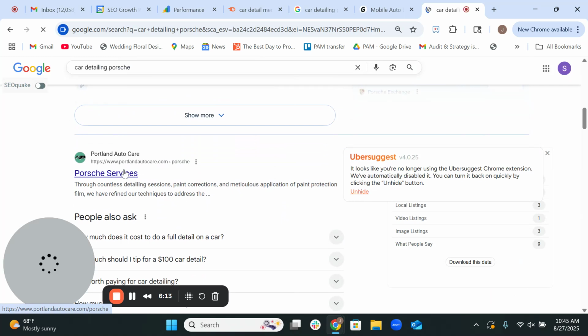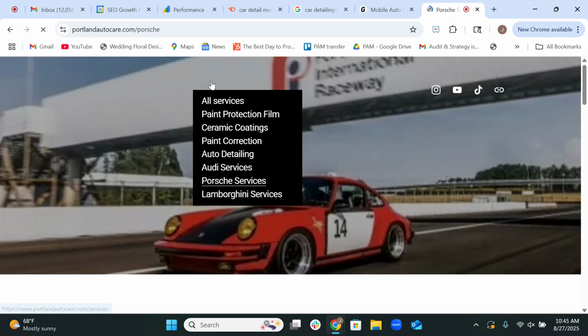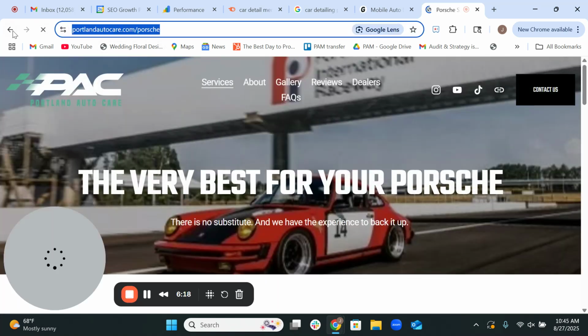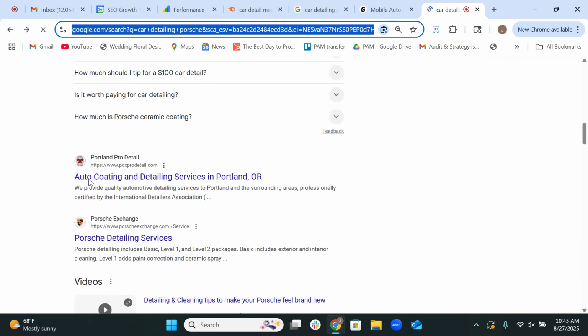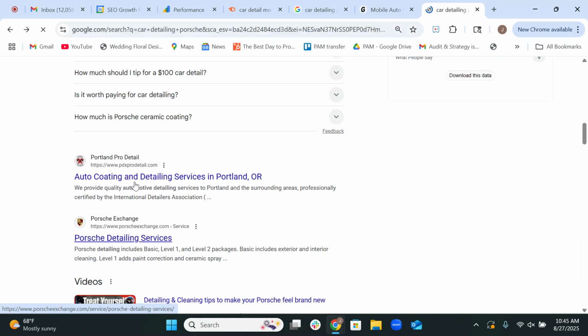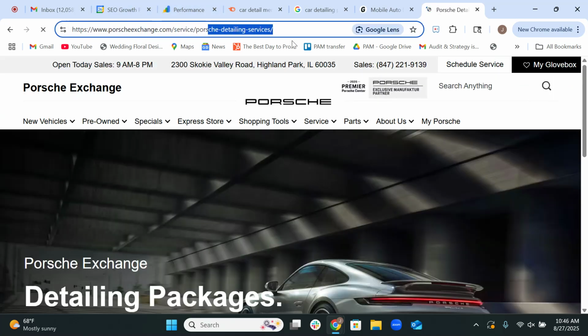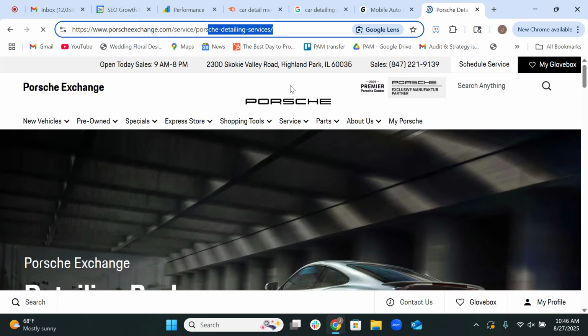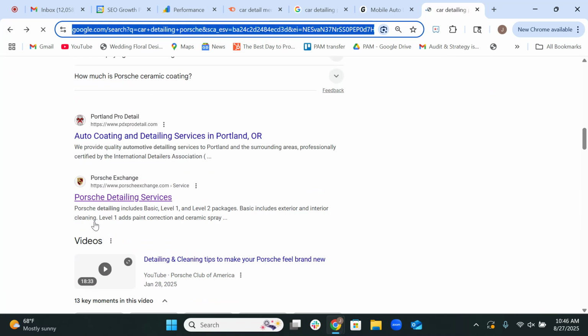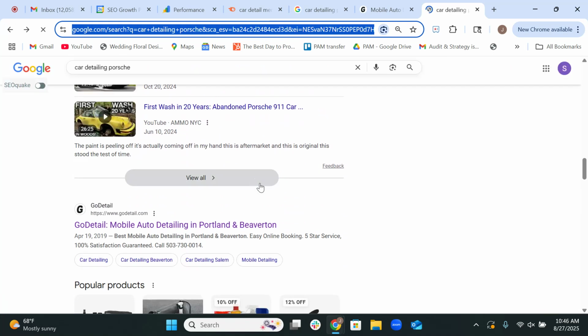Okay, Portland Auto Care Porsche. Look at this. So they have a Porsche specific landing page on their website. Their homepage is ranking Porsche Exchange. They've got detailing services. It looks like this is not even local to me. So why do I share this? Because a lot of folks